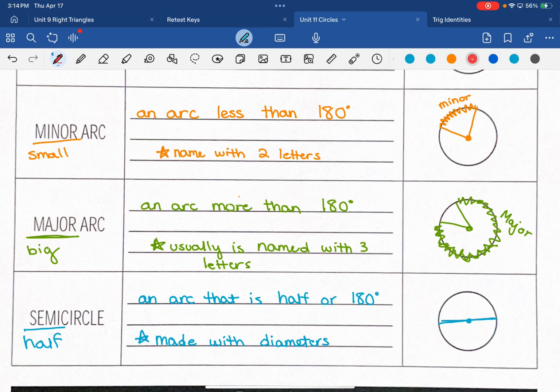Then we have a major arc. A major arc is the big arc. So when we think major, we need to think big. That's going to go over around the majority of the circle. And again, arcs go around the circumference. They're going around it. I'm going to give you all an example of this in just a second because